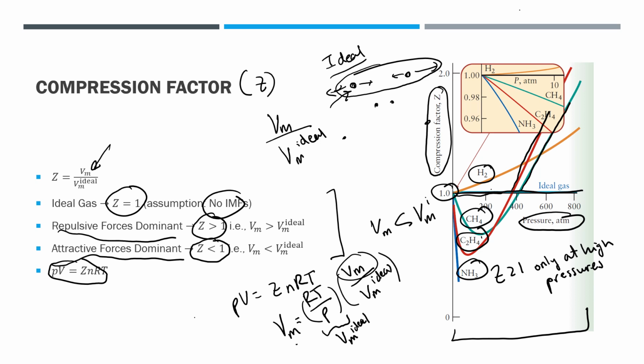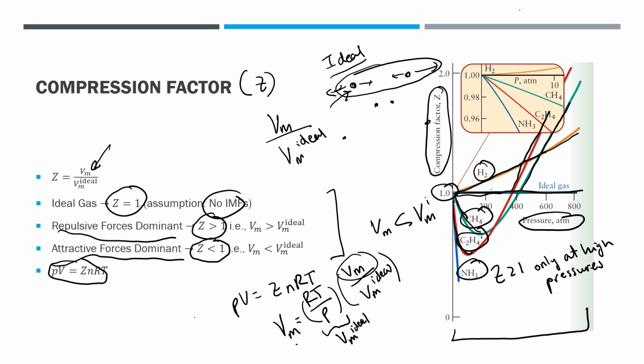At lower pressures, attractive forces are generally dominant, right? Because at lower pressures, you have more normal systems, and you have these attractive forces that just come from intermolecular forces. But one important, interesting thing to notice is that if we look at hydrogen specifically, you see that unlike the other gases which dip below 1, right? You see all these other gases dipping below 1 and then becoming greater than 1 eventually. Hydrogen only has Z greater than 1 at all pressures, right?